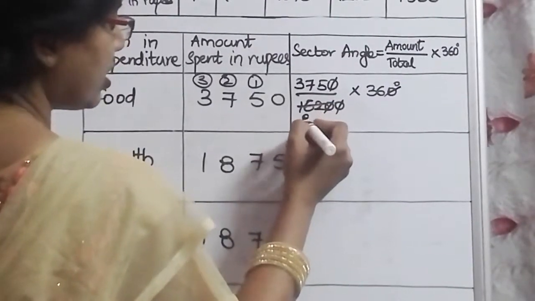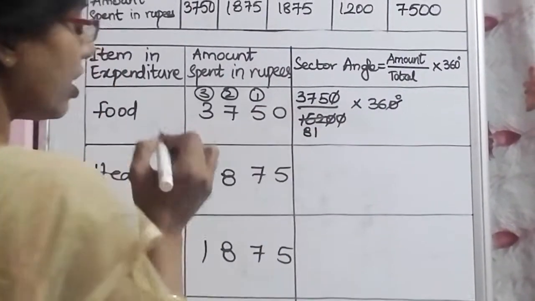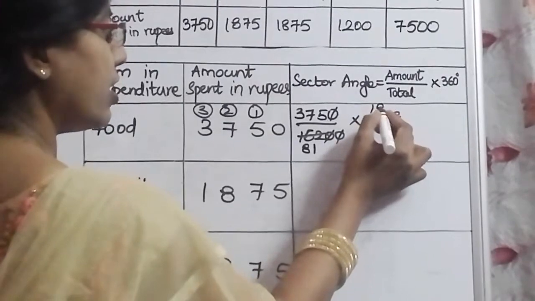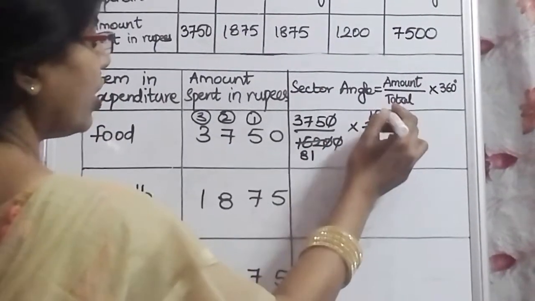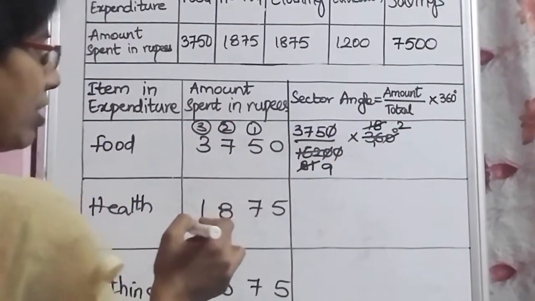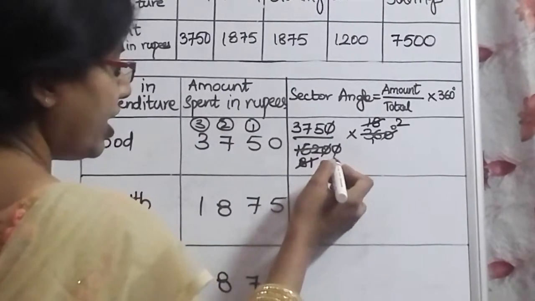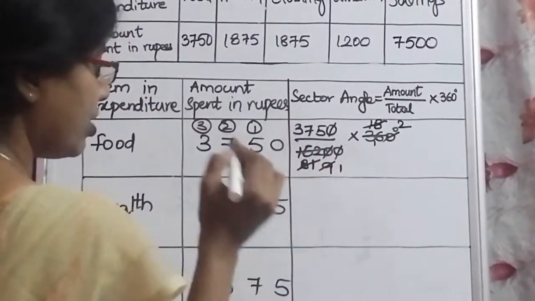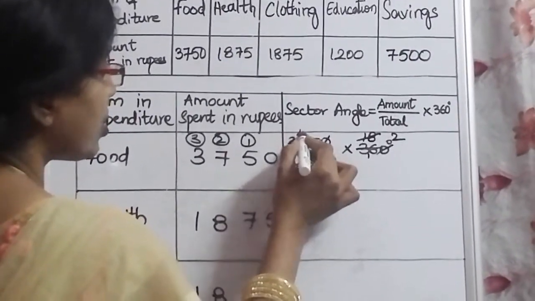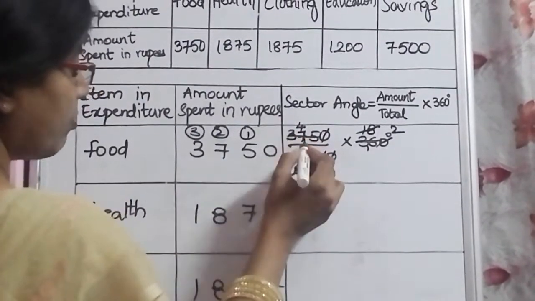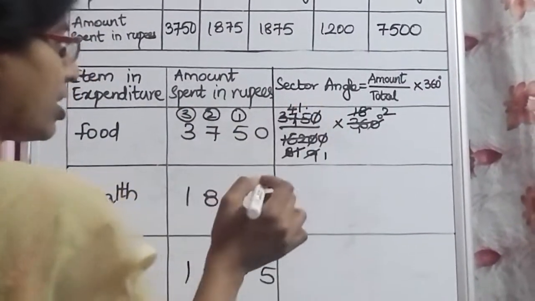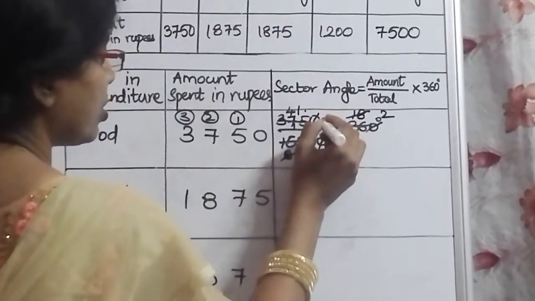2 8s are 16. Okay, 2 1s are 2. 2 1s are 2, 1 is the remainder, 16. 2 8s are 16. 18 and 81, both are divisible in 9 table. 9 2s are 18, 9 9s are 81. Now 9 table, let us cancel 375. 9 1s are 9, 9 4s are 36. 1 is the remainder, 15 you got. 9 1s are 9. 15 minus 9 is how much? 6. So 6 is the remainder.